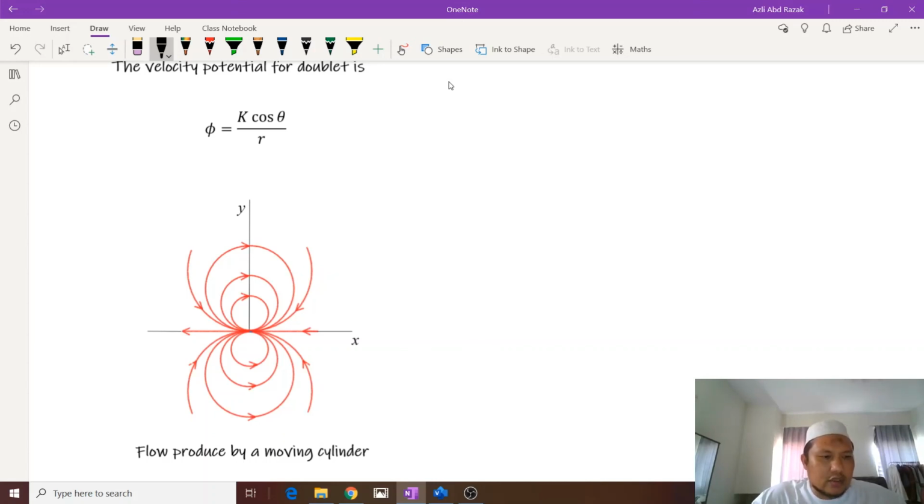Just like the source and sink, the doublet is not a physically realistic entity. However, the doublet can be combined with other basic potentials and becomes what we call the flow around a circular cylinder, which we will cover in the next